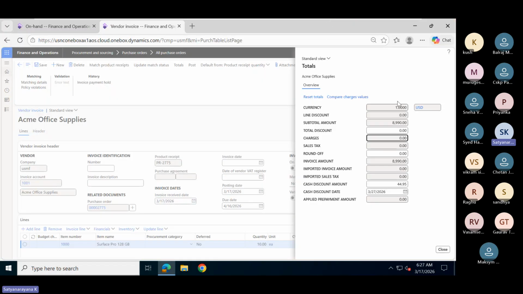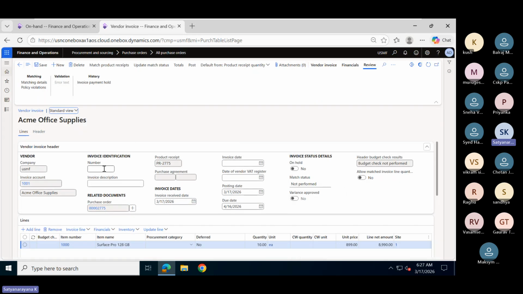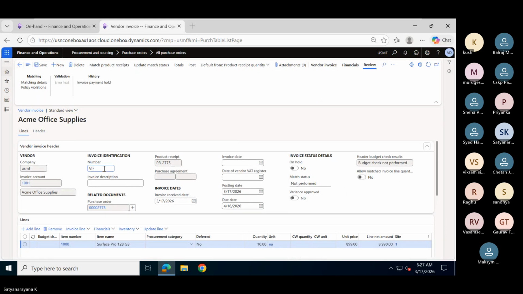So we will verify the totals. Now I'm entering the vendor invoice number, because at present we are entering a dummy number, but in real time scenario, a very important number. Then an invoice date.